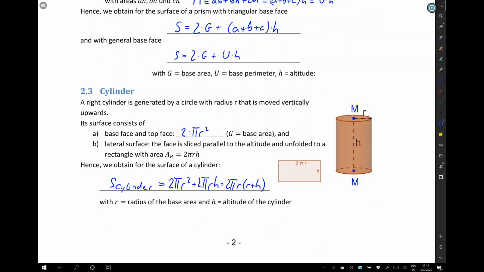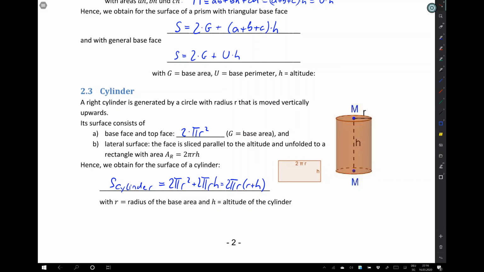Next, let's look at the cylinder. Its surface consists of base face and top face, and again of the lateral face M. When we cut the lateral face perpendicularly to the base face, we cut it open here and we unfold it, what we get is a rectangle with one side length being the height of the cylinder and the other side length being the circumference of the base circle. So the lateral face is 2 pi times r times h,